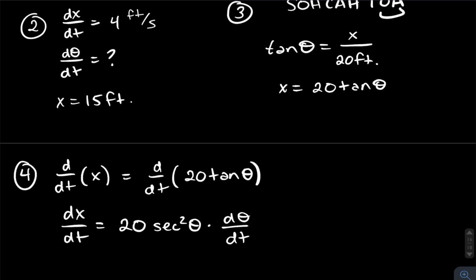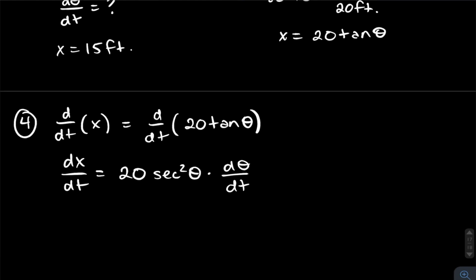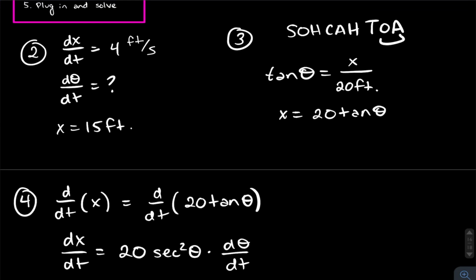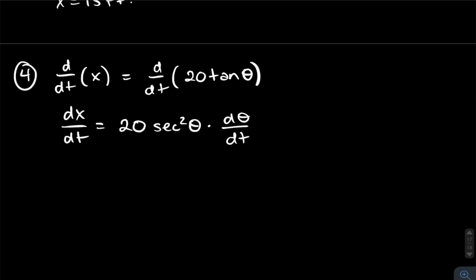But if you don't have a calculator, which I'm going to assume you don't, because it's always better to assume that you don't have a calculator for a problem, what's actually going to be really cool to do here is, instead of using a tangent, we're going to use a cosine. Here's why. We can rewrite this as dx/dt equals 20 over cosine squared of theta,